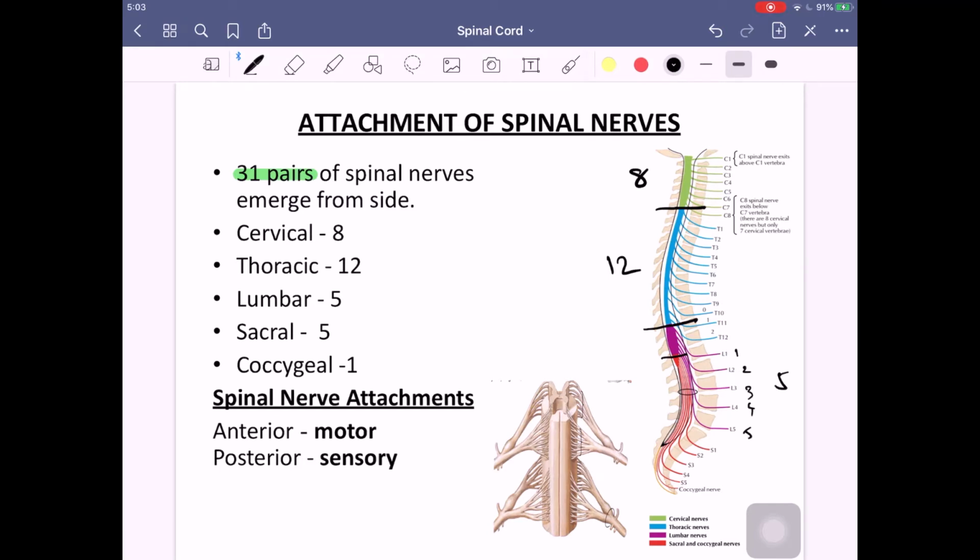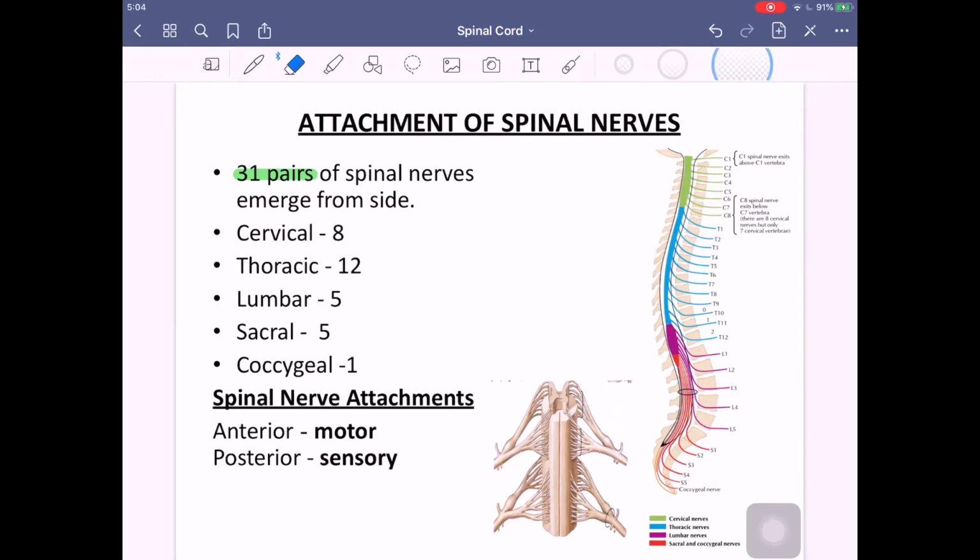So you can count 1, 2, 3, 4 and 5. So there are 5 there, and that small portion that is sacral. Remember, they are not coming from the same level due to a developmental growth rate difference. The bone was growing faster and the nervous tissue was growing slower, but in the initial 3 months they both were growing at the same rate. That is the reason the nerve came out from the respective foramen. Later on the nerve stays in the same foramen, but the cord displaces upward.